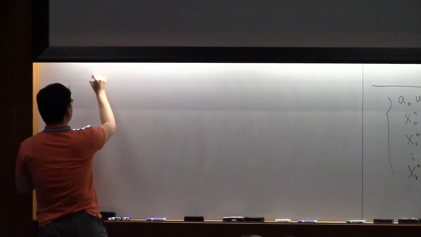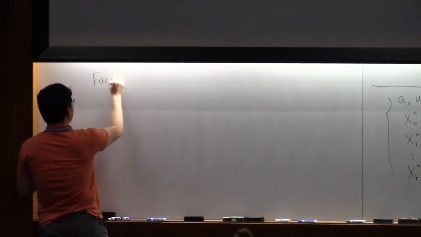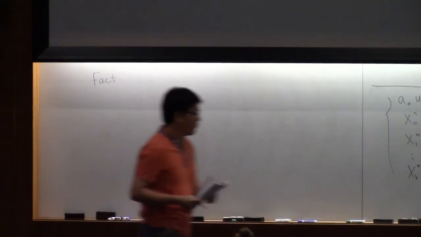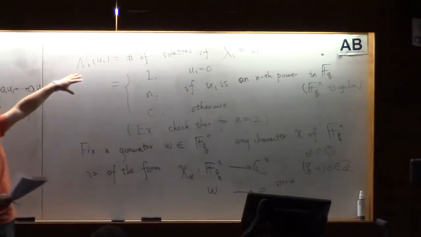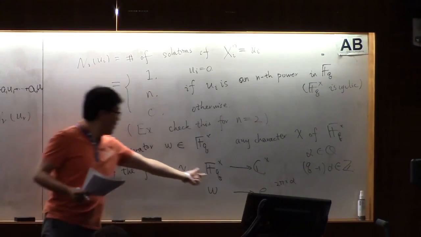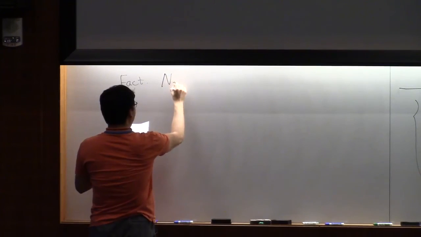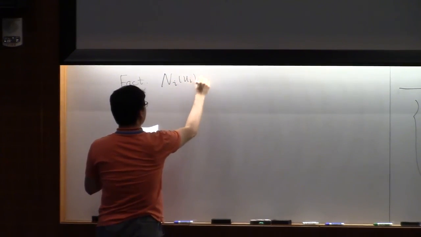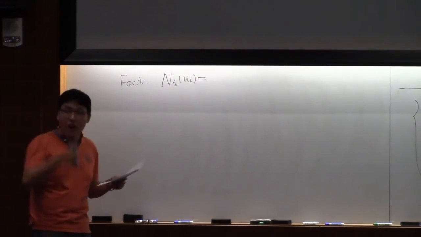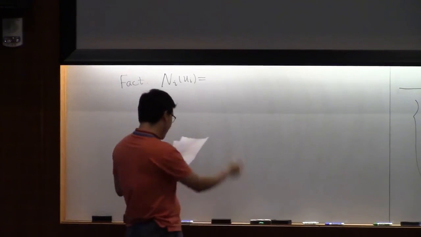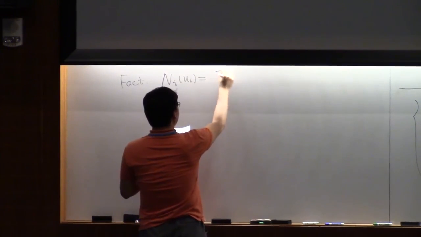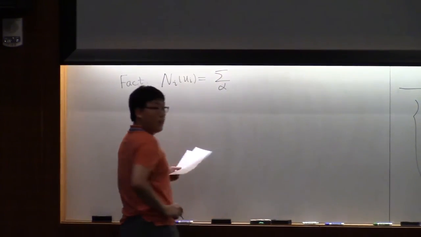So as I said, I try to write this number as the sum of characters of the finite field F_q. And here is the fact. It is a sum